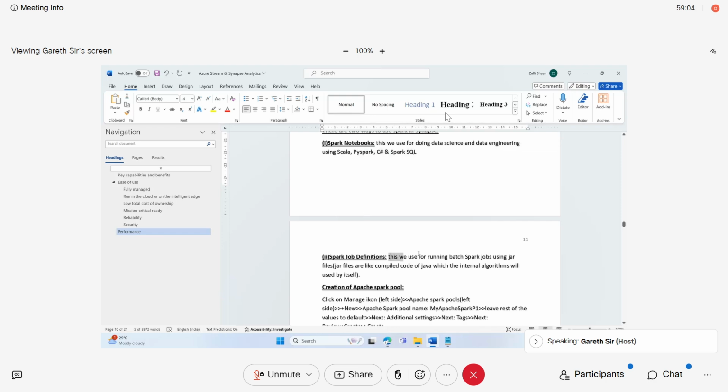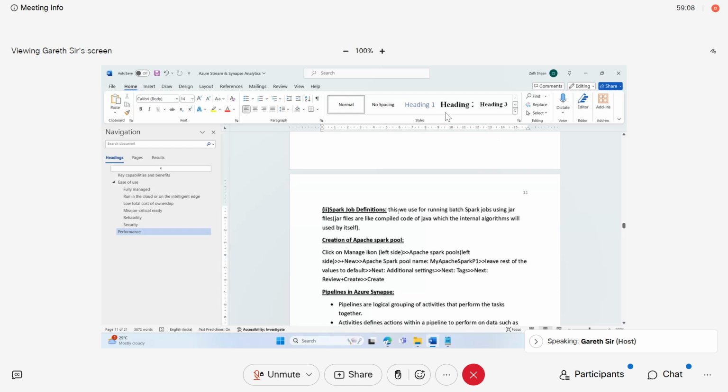Okay, and this we use for running the jobs. Okay, job. This will be used by operation team members, using jar files. And then whenever we want to run the jobs to load the data and all, then we use this